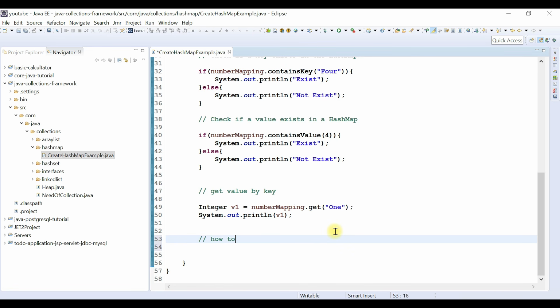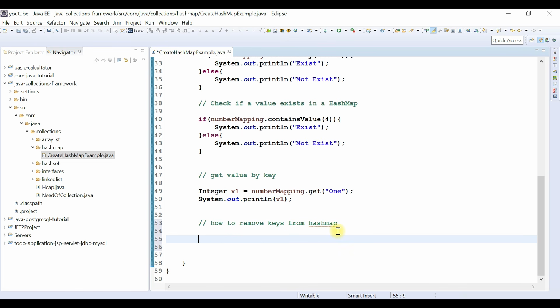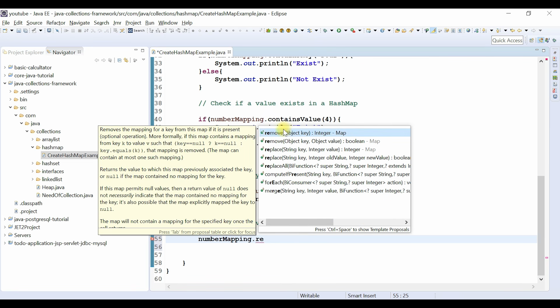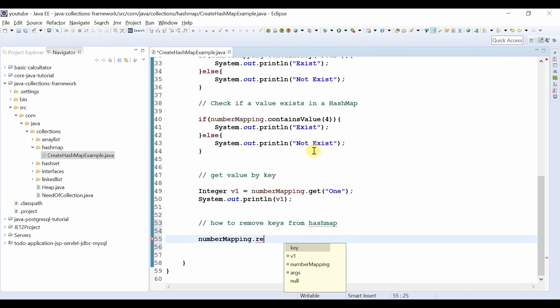How to remove keys from HashMap. Well, HashMap has a remove method. We can use the remove method to remove a key value pair. For example, I'm going to call the numberMapping object here, and it has a remove method. Look here, there are different remove methods. The first remove method is used to remove the key, and the second remove method is used to remove a specific entry that contains a key value pair. I'm going to use the first method and just pass the key, that is 1,